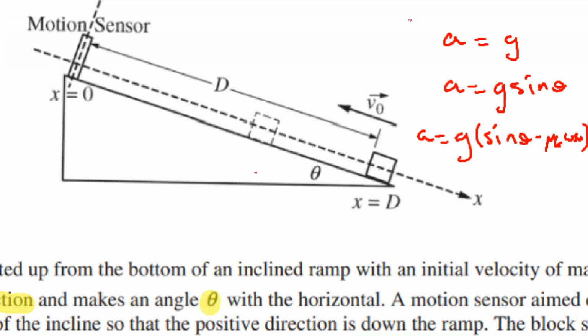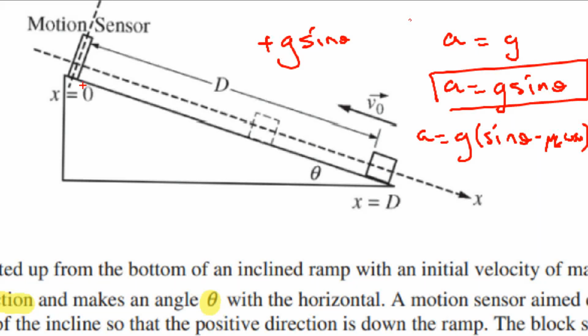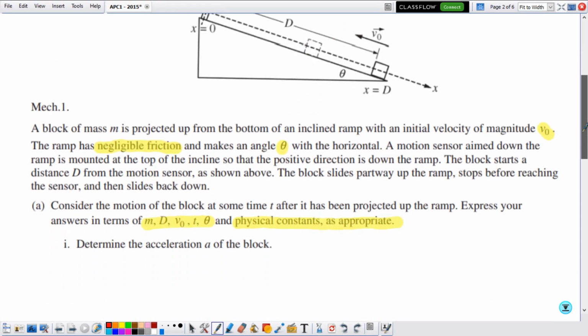So basically, because this is the case of a frictionless ramp inclined by theta, the acceleration would be g sine theta. Because the positive direction is down, it's given by plus g sine theta. If the positive direction is given to be up, then that would be minus g sine theta. Then we know that our expression would be this, but if you pay attention to the exercise, they're telling us